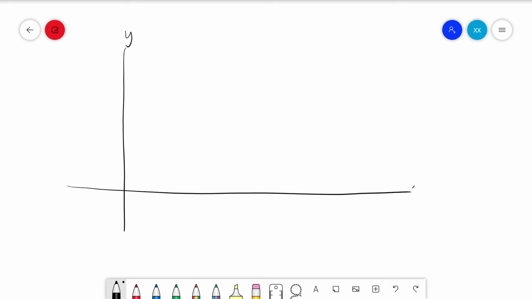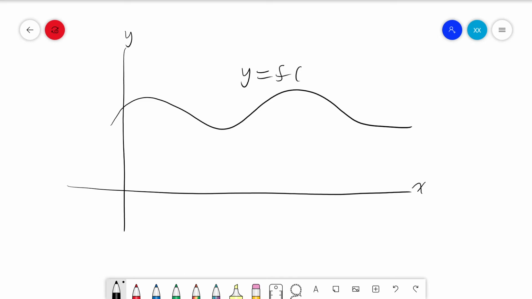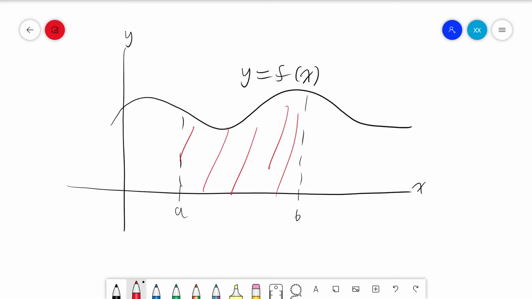So first, let's look at some arbitrary function, a function whose area we might approximate using our approximator. So let's start with this curve, y equals f of x, and we want to get the area from A to B. The way we're going to approximate this area, and by this area, I mean all this stuff right here, is by drawing a bunch of rectangles,